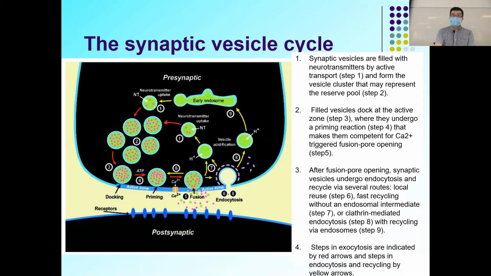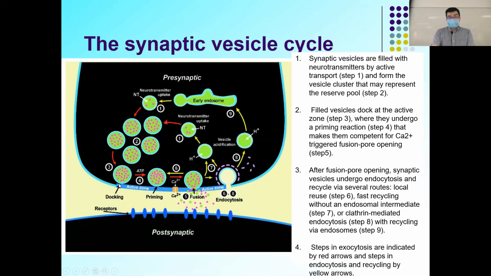So this is the cycle of it. The synaptic vesicles are filled with a neurotransmitter by active transport, so the neurotransmitters are inside, and then taken up. Those may be coming from the early endosome, or some coming from the vesicle that has been released and then coming back for recycling. Then they will be fused and stored at a pool, a reservoir. And then they will transport to the active zones, the so-called active zone over there,